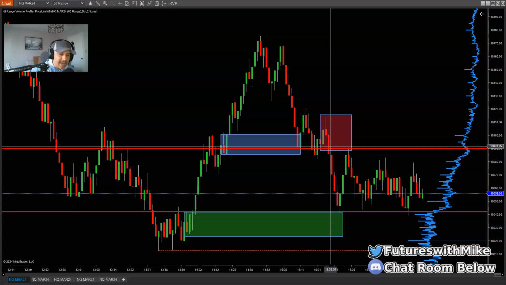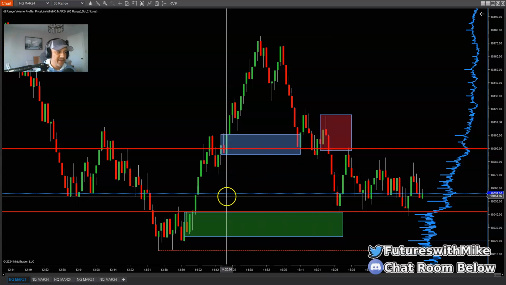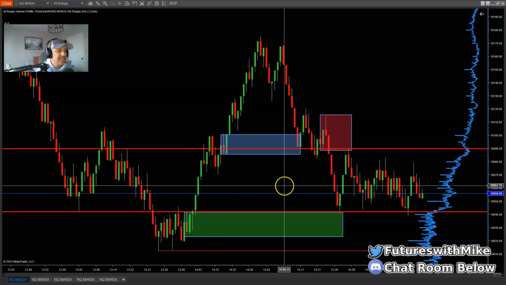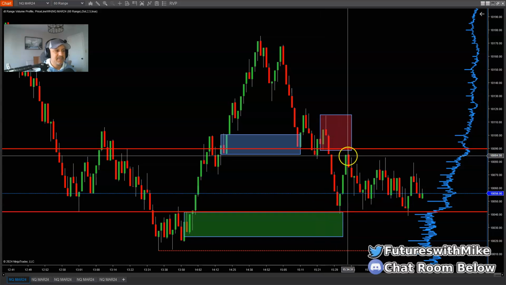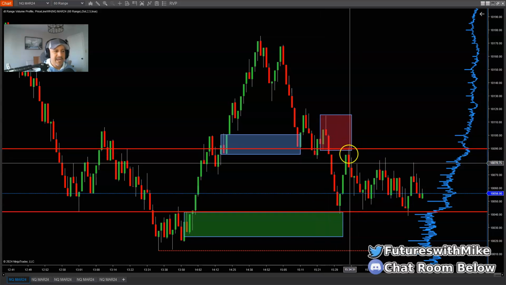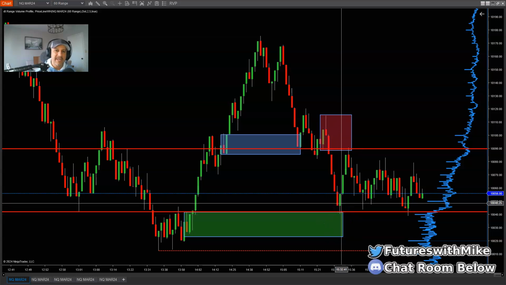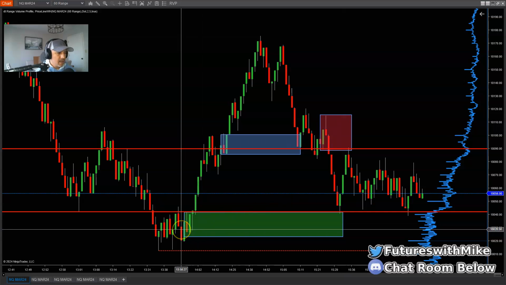I posted this on Friday saying if you took either one of these setups here, then you came off on the better end, because you could have taken, say for example here, this demand setup back up to supply. It reacted off the supply and took it back down to the demand zone. Now this is close to the close if you got into the trade off the supply, but either way it worked out.